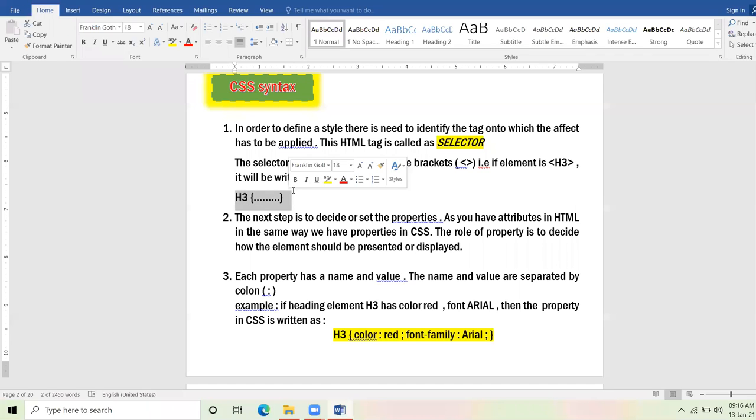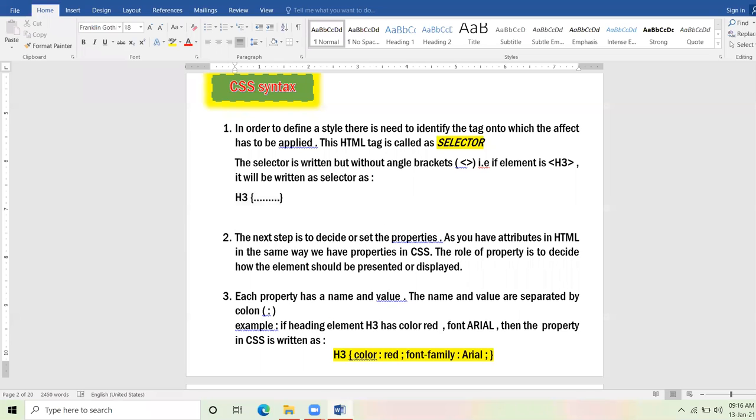I elaborate my example here. I write H3, then curly bracket, and I write the property. Suppose I want to give the color red. So I write here color colon red and semicolon.